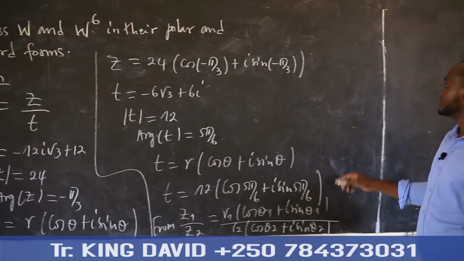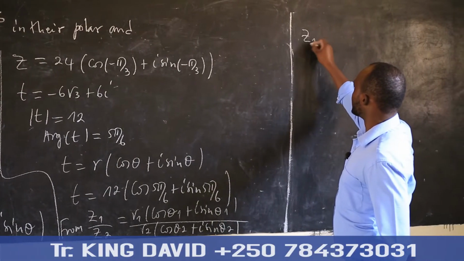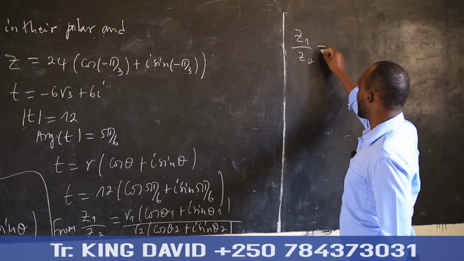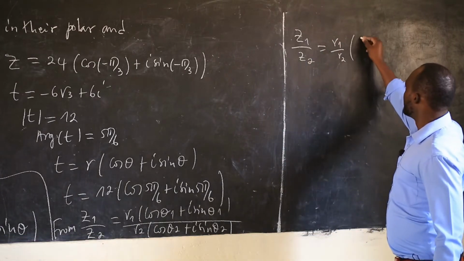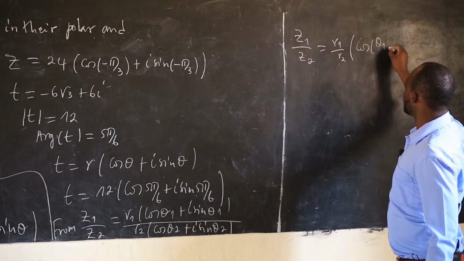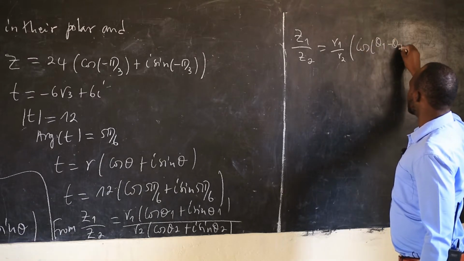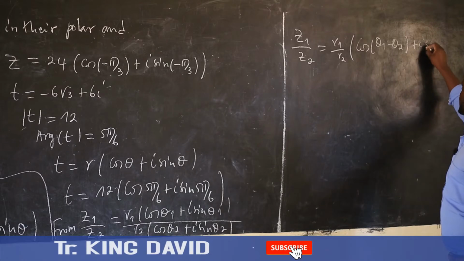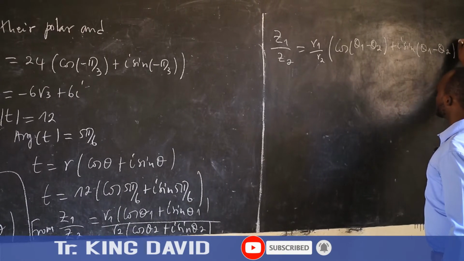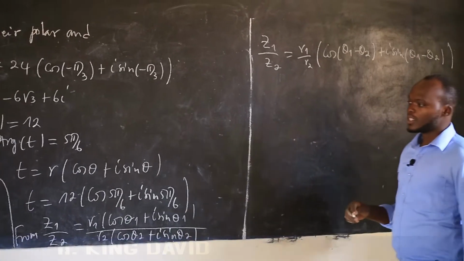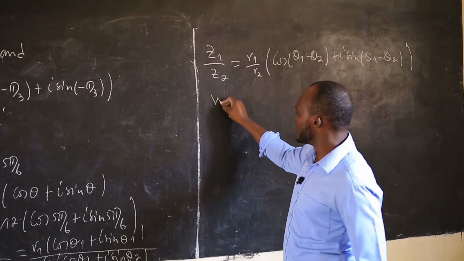This becomes Z1 over Z2. It becomes R1 over R2 into bracket cos(angle 1 minus angle 2) plus i sin(angle 1 minus angle 2). So which means that W, which is Z over T,